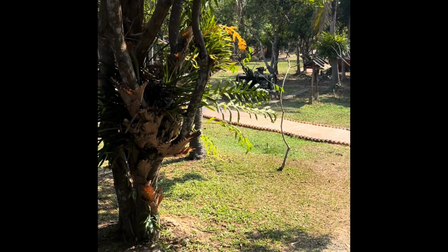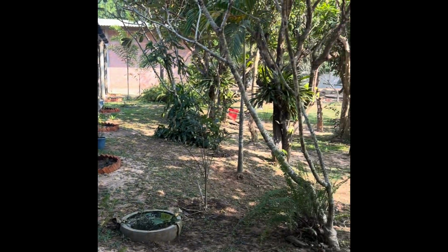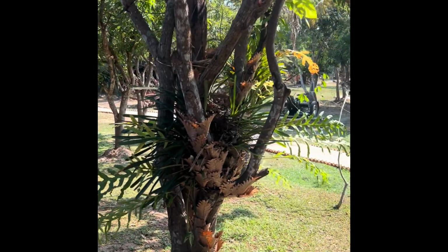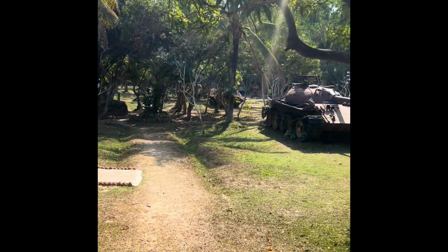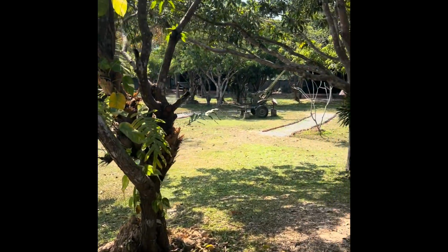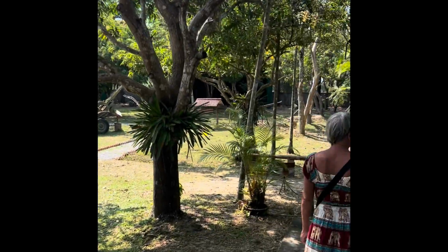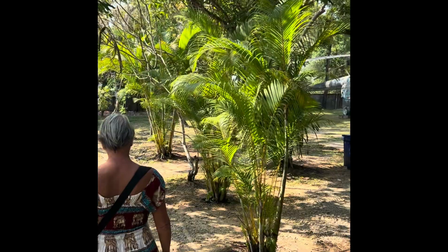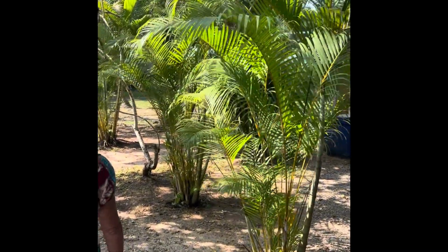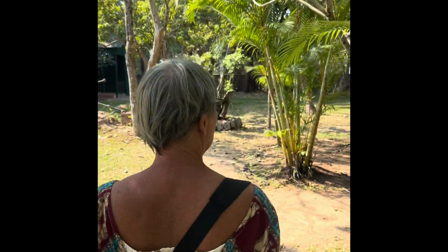Totally enjoyed it. So the next stop after our rat experience is the Cambodian War Museum, which is nothing like what I expected. But it's cool. So we're gonna wander around here and see authentic stuff that was used in the many, many wars that were fought in this area. I'm not gonna shoot a 2-hour video here of everything, but I do wanna point out a couple of big things that I saw,